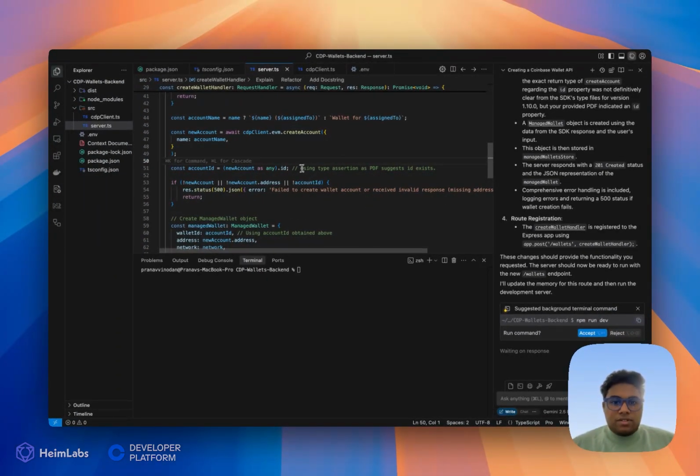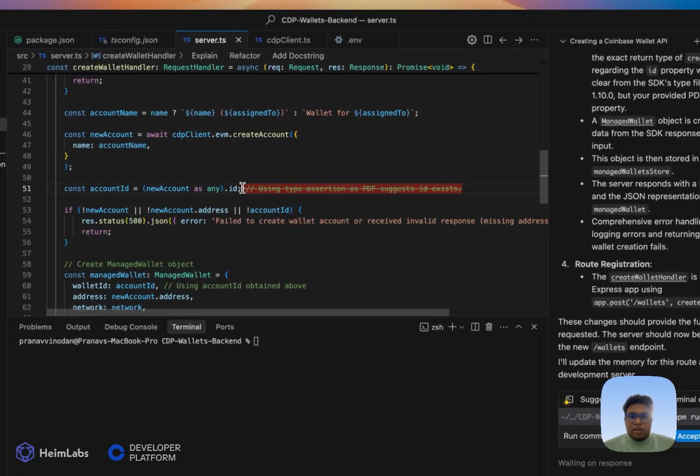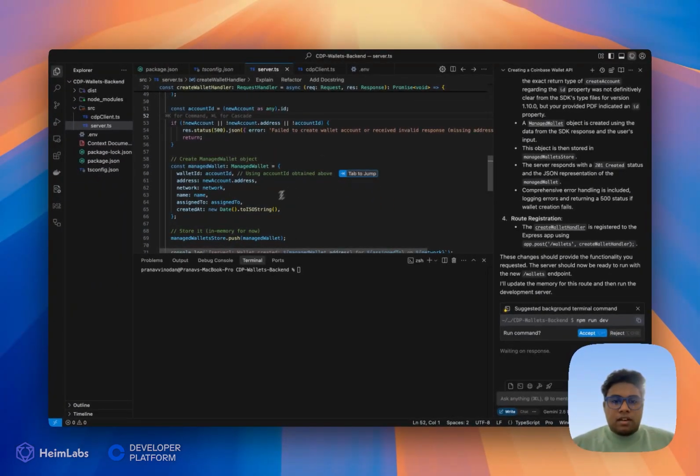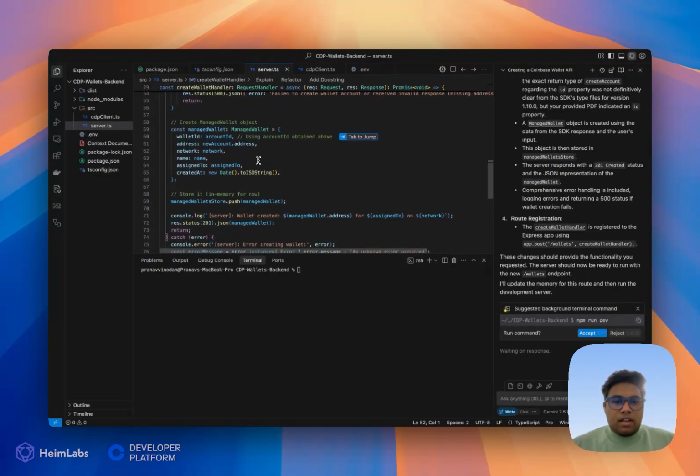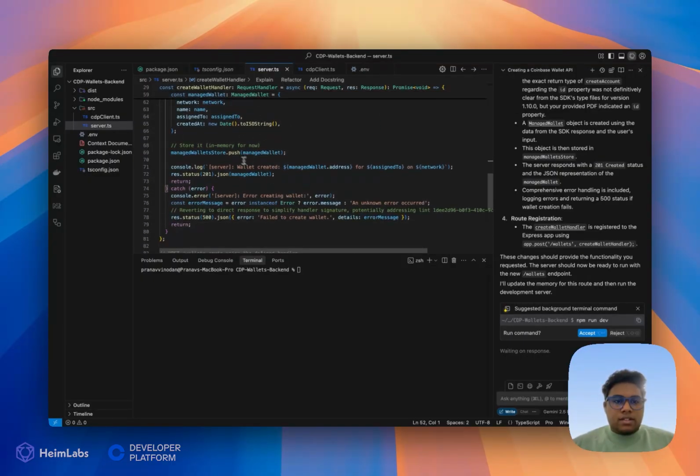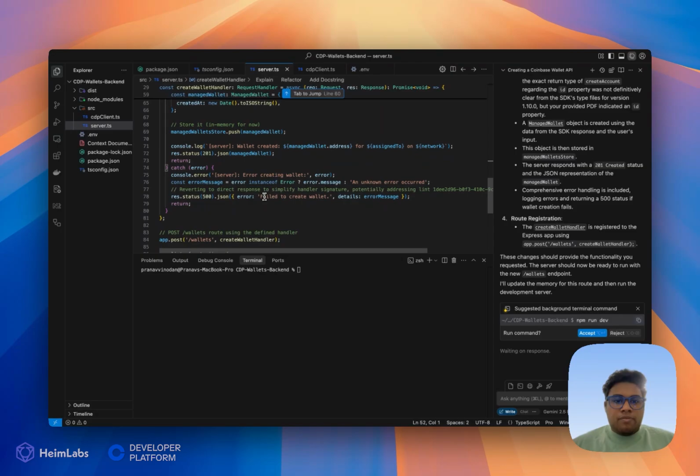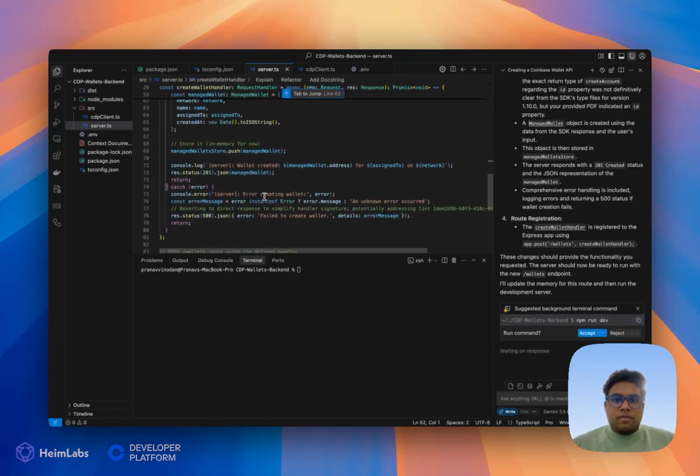Here you can see it's using the context that we provided, which is a good sign. Now let's remove this as well. And we have an account ID, we have addresses. Store in memory for now. So this looks good. We have done some corrections as well. So always make sure that you are reviewing this AI generated code to make sure that everything is correct